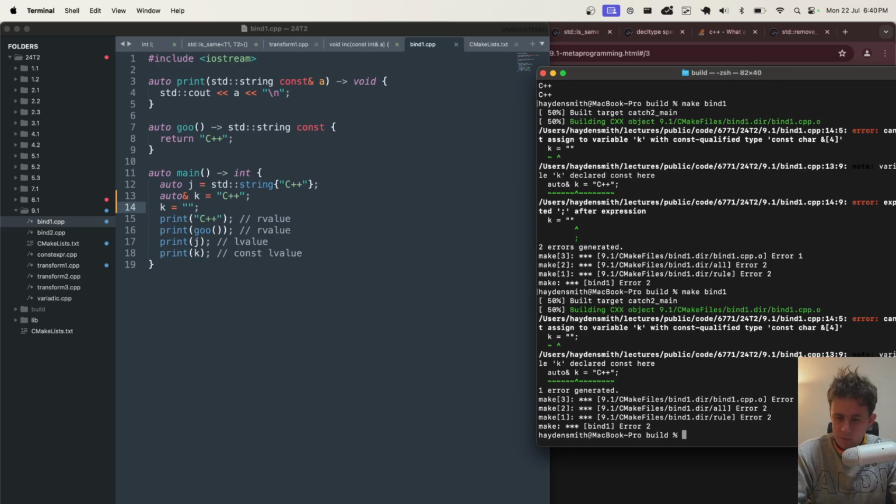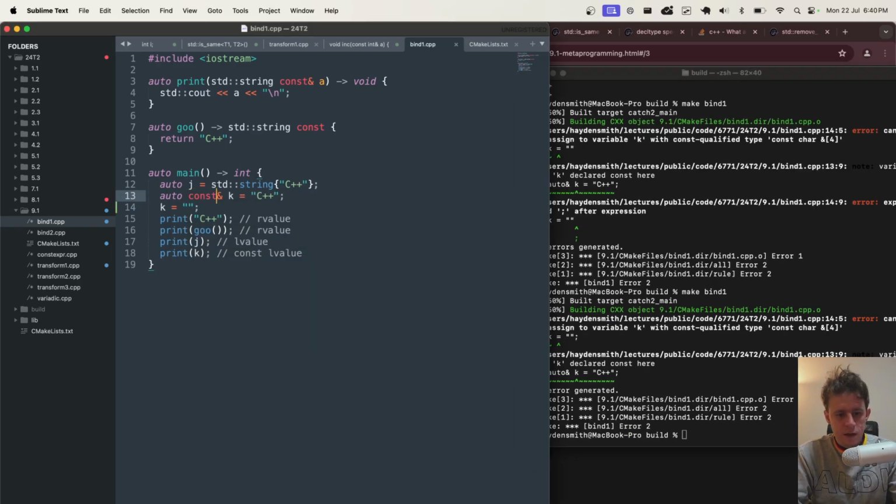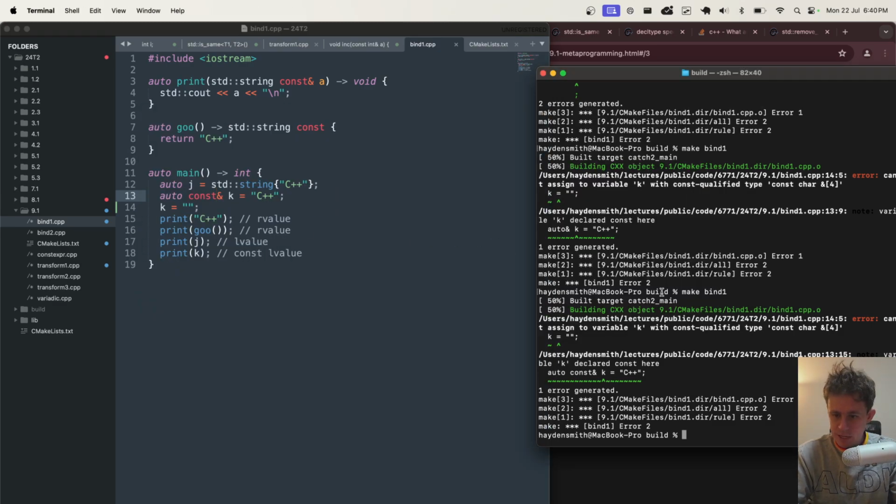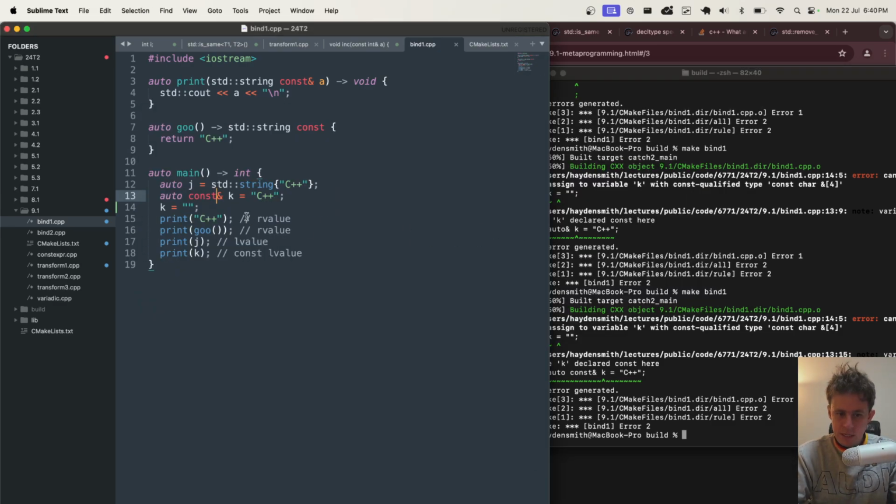There's a semicolon problem there. Yeah, declared const there. I was going to ask, because obviously the idea of a const reference. See how these two errors here are basically identical? Makes sense, right? Because you can have a const reference to a string literal. We often use references to modify stuff or just to save on performance when we're passing it through. But since a const reference can't be modified, it doesn't really matter that it's a string literal.